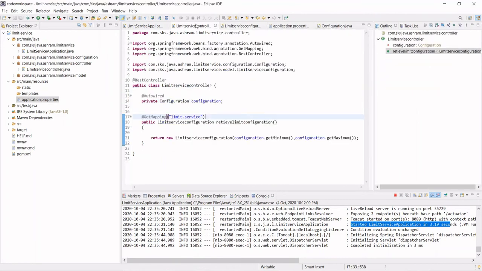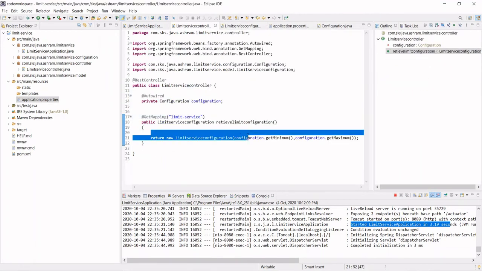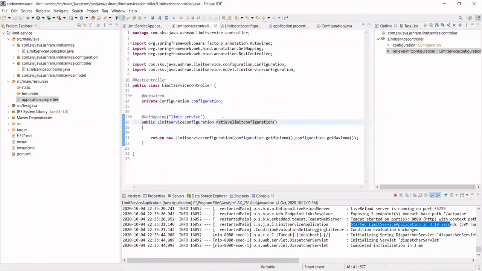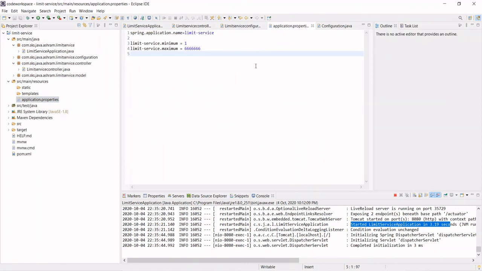The fact is we are just doing the configuration in the application.properties file, and we are reading the application.properties file from the configuration. Now in the next step we will see how you can read this properties file or configuration from the Spring Cloud config server. For that we'll also install the Git repository locally. But this is the how. First we learned the hard code. We did the hard code of the configuration of the limit of minimum and maximum, and thereafter we did the configuration in the application.properties file instead of hard coding in the code.